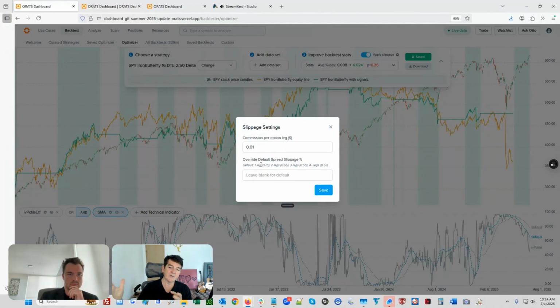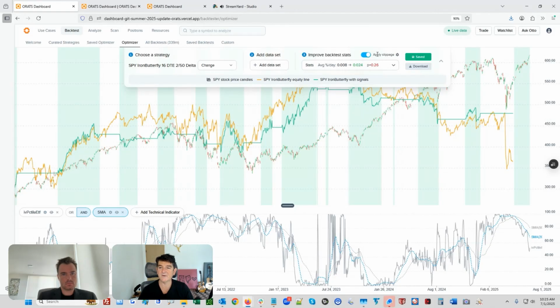If you have two legs, you're going to have a wider market, so you might only have to travel 66%, and three legs 55. And if you have a four leg condor or something, you don't have to travel 75% usually. The 3% is a pretty good edge for market makers to trade. So we have baked in this slippage into the particular